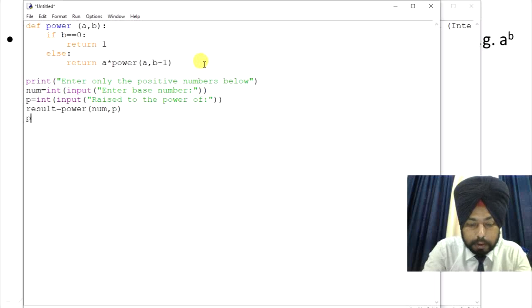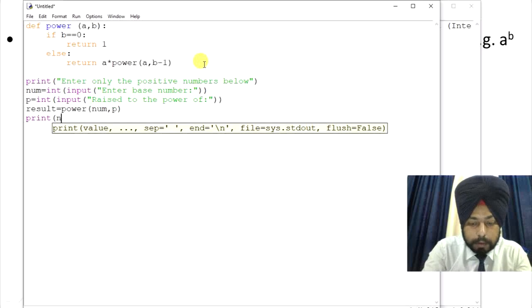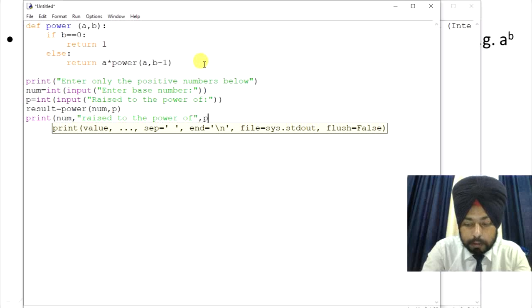Then it will print num comma raised to the power of p is, again I'll use a separator, then I'll use the variable result.